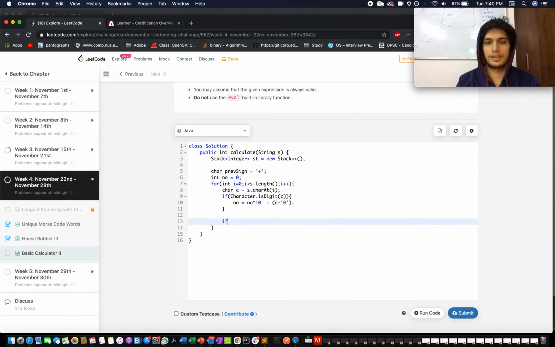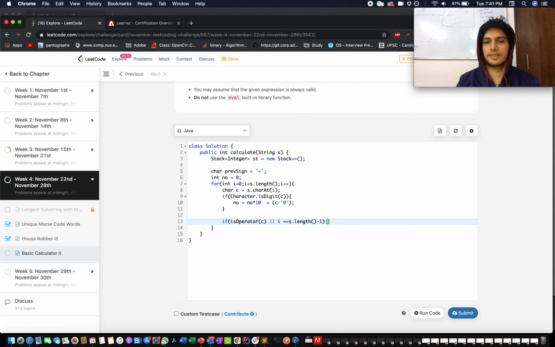And now let's check if the current character is an operator, isOperator, you pass in the character, or i is the end of your current string, s.length minus 1, because at both the places we need to do the processing part.